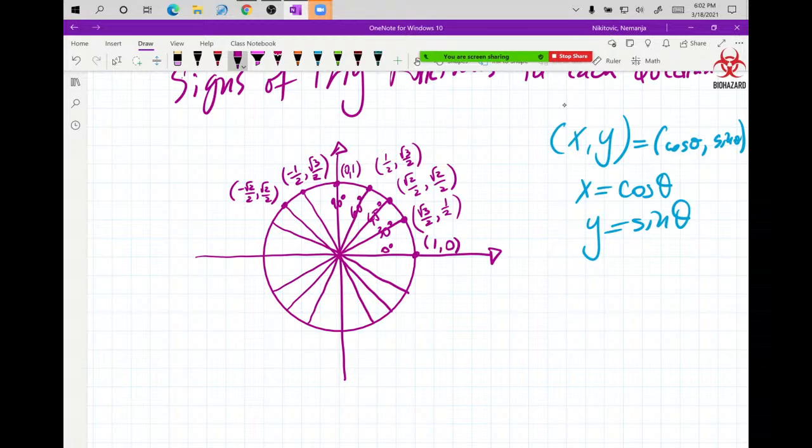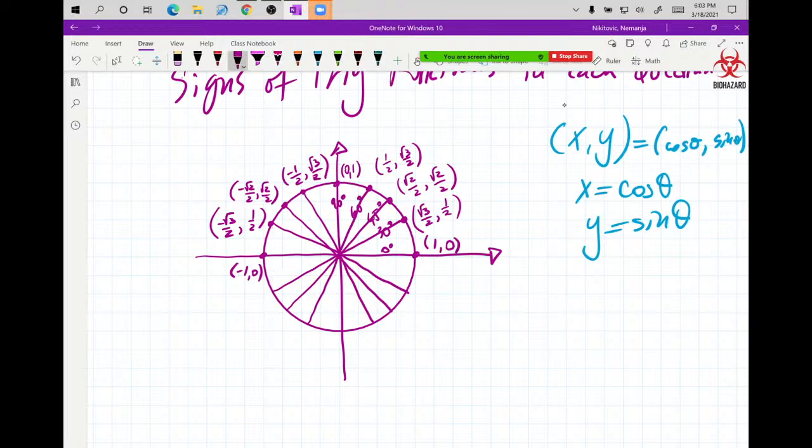And then finally, negative root 3 over 2 and positive 1/2 for the third one over here. This one is clearly negative 1, 0. Now, if you mirror these guys down,